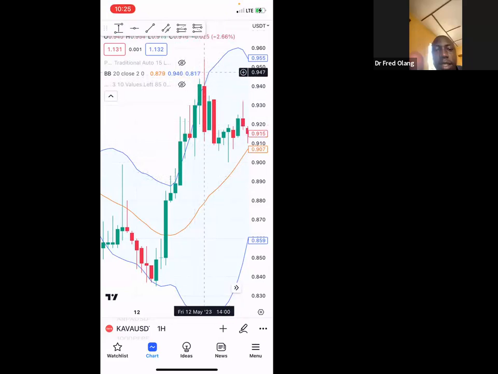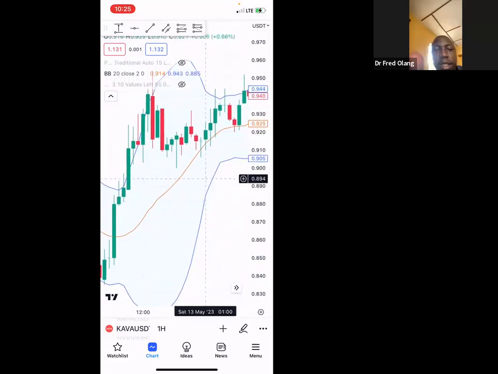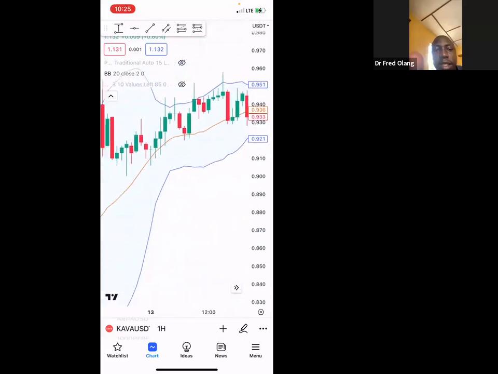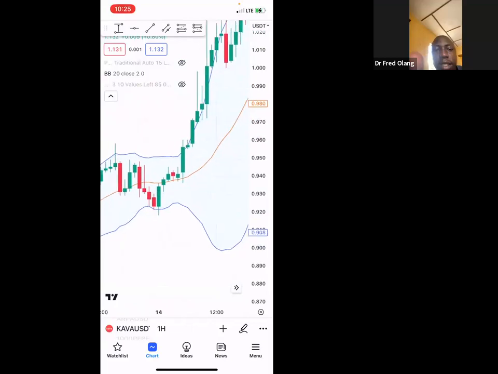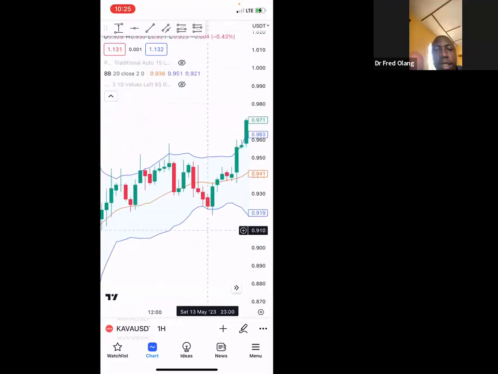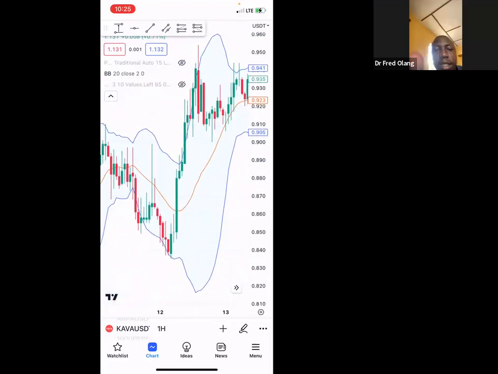That's why you see that we are trading above the upper band, but later we had a very big price drop coming back to retest the middle band. What is good, when we retested the middle band, very many buyers were still there and pushed us up again. But most times we shall always come back and retest the lower band or the middle band. So if you have this kind of information and you are trading,